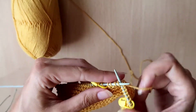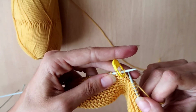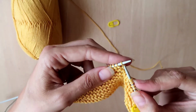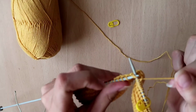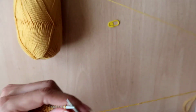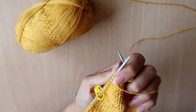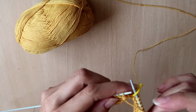And now we are going to reach the stitch before the marker. Okay, so we've got a stitch, a marker, a stitch. So we're going to just slip the stitch, get rid of the marker, put the stitch back on, and this will be the stitch before, marker bit after. And what we do is we knit these 2 together normally. Bam. And now what do? We place our marker back on, unless you are going to remember where your marker was. Turn and knit, keep our marker back on, and we knit back on